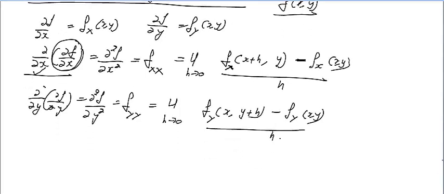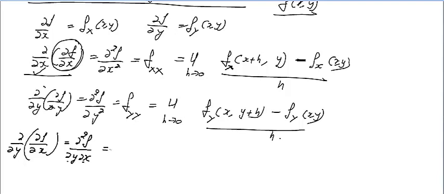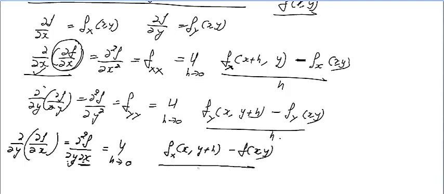Another interesting thing: if you already have the derivative of f with respect to x, and now you are finding with respect to y, this will be represented as the derivative of f with respect to x first, then with respect to y. So you already have f_x first. Now you are finding with respect to y, so you are changing with respect to y. Very easy to understand, even from the basic definition.